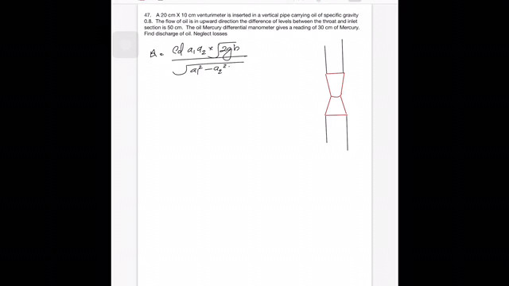Now in this question, we don't have the value of CD. CD is not given, but here they have said to neglect all losses. Now what is CD? CD is a ratio of actual discharge to theoretical discharge. And you have to remember the fact that actual discharge will always be less than theoretical discharge.